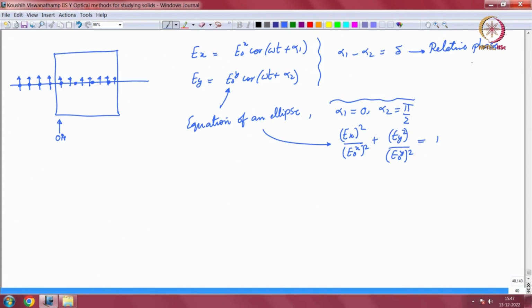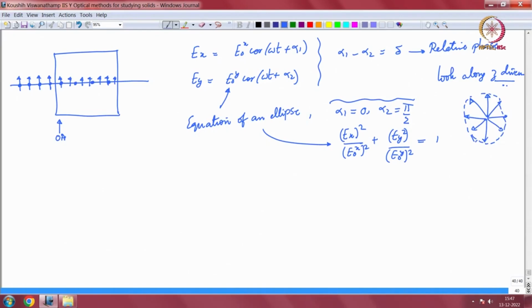So, in general, if you look along the ray, along the z direction, the electric field is going to be oscillating like this in an ellipse, okay, because that is the equation of the ellipse, just something to keep in mind,